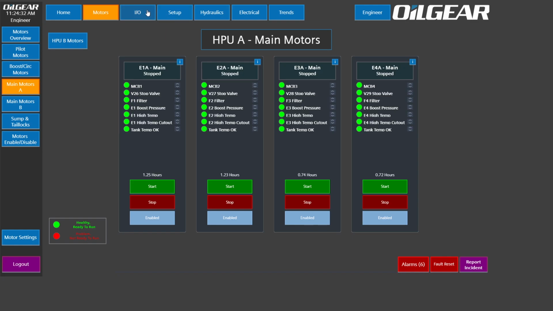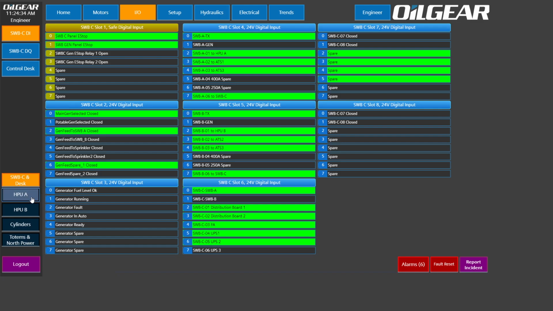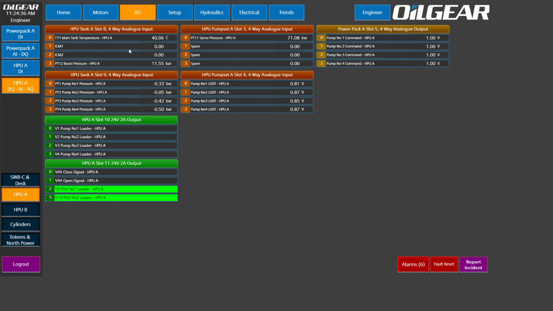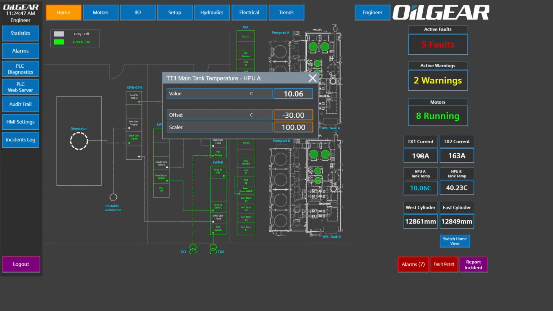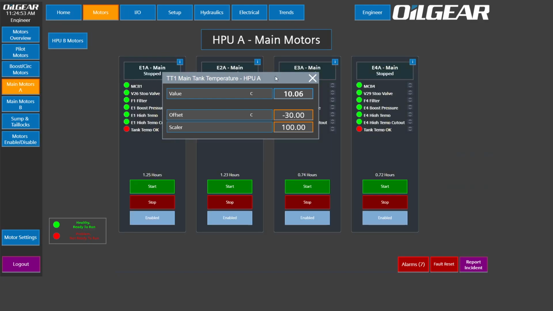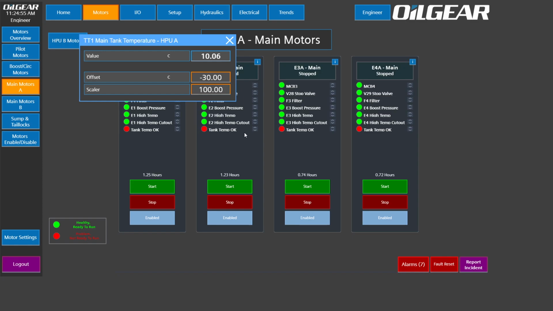If I was to now, for example, change the tank temperature by adding an offset. So I've got 40-degree tank temperature. If I make that minus, let's say minus 30 degrees, now I've only got 10 degrees on my main tank. Here, I've got a blue indicator to say that you're too cold, and then if I go onto the main motors, you'll see the tank temperature is not okay, so you wouldn't be able to run any of these motors. If I make that 0 again,